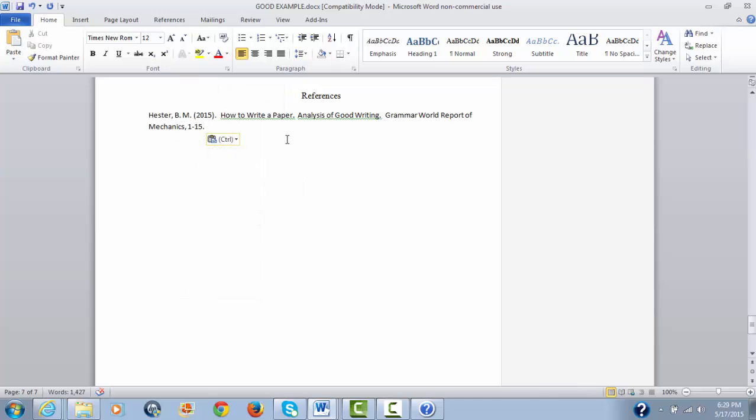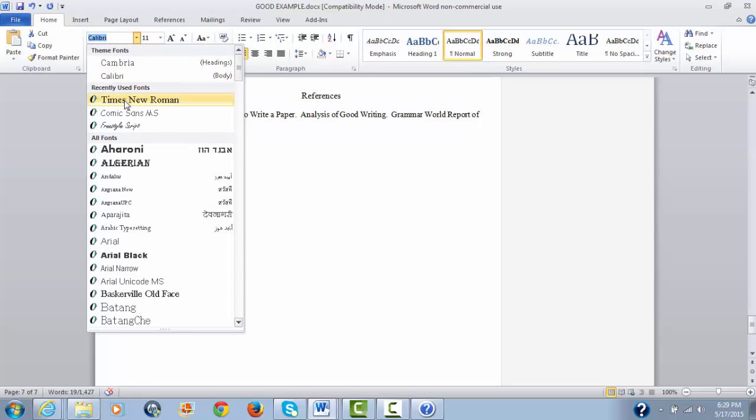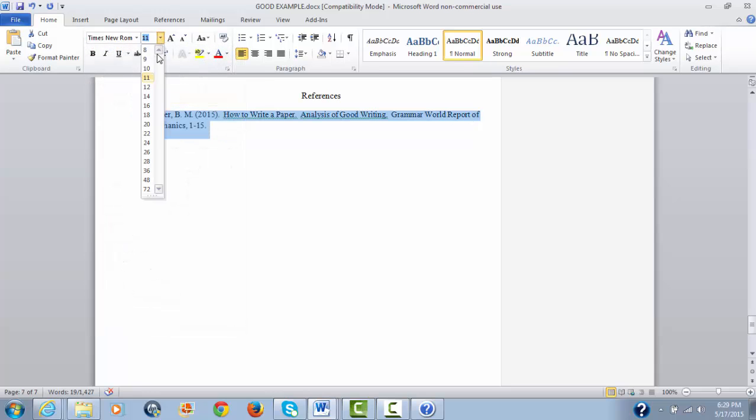Okay, see, first, what's wrong? All of this has to be the same font, Times New Roman. Has to be the same size, 12 font. Okay, what's wrong with this picture? What's wrong with this picture is it's single spaced and it doesn't have the right indent. So to format your references, once you copy and paste or type out your references here,